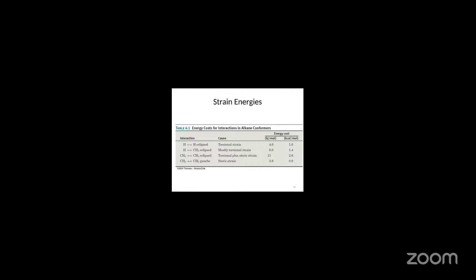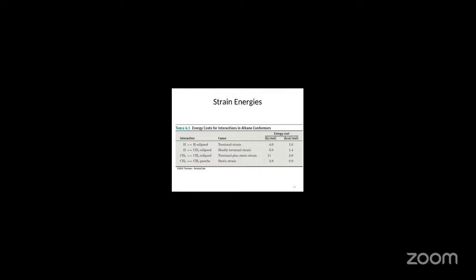And when they are hydrogen and methyl, we're also talking about torsional strain. But remember, with hydrogen and methyl, if you look, the energy is higher because of the presence of methyl. Then when there is methyl and methyl, we are talking about both torsional and steric strain, and the energy becomes higher. And when there is methyl and methyl in gauche, we talk about only steric strain, and the energy is not as high as that of